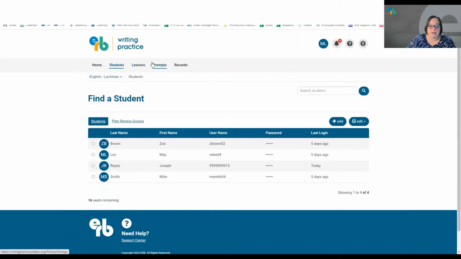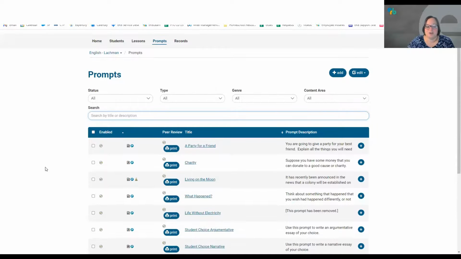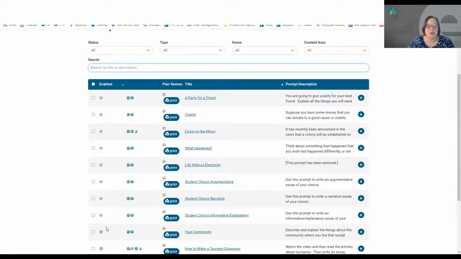The next tab that we're going to look at is the Prompts tab over here, and you can see all the different prompts that are available for teachers. There are a huge range of prompts, about 500 that we offer, different prompts at different levels for you to assign to students. So you can get a sense here, and you can see all these ones with the green checks we've enabled or allowed students to use. You can see down here a couple that we have not enabled yet. So you can pick and choose what's most appropriate for your class or your school and enable or disable prompts as you would like as you go.